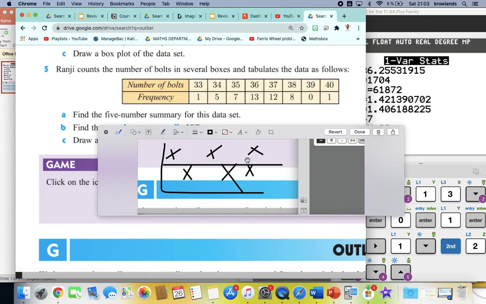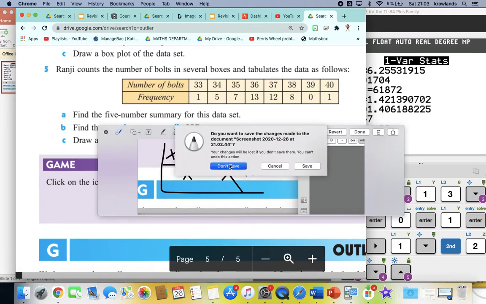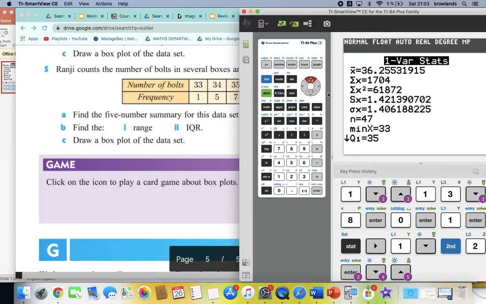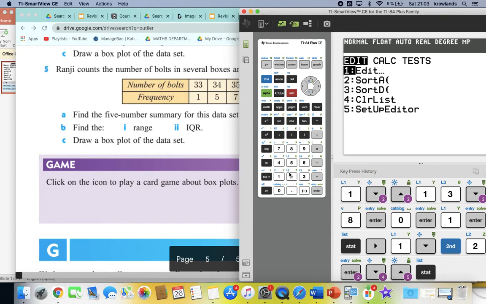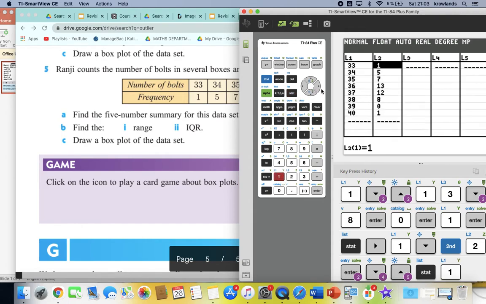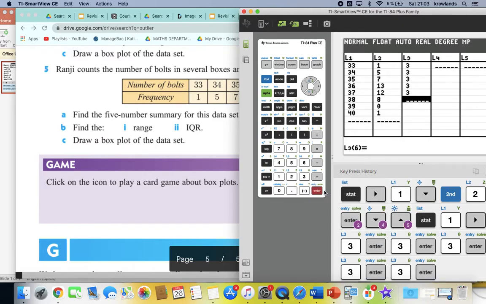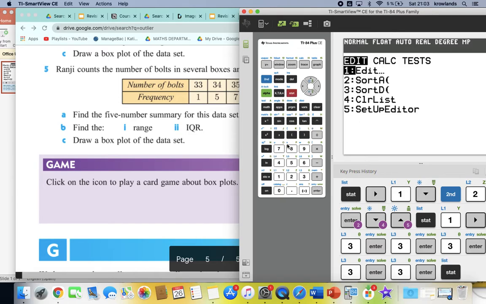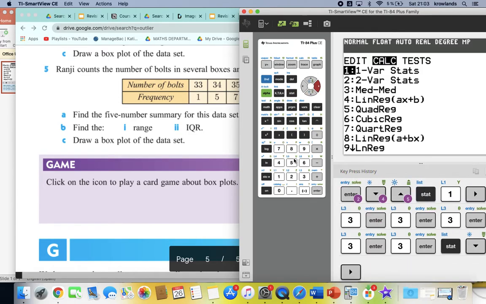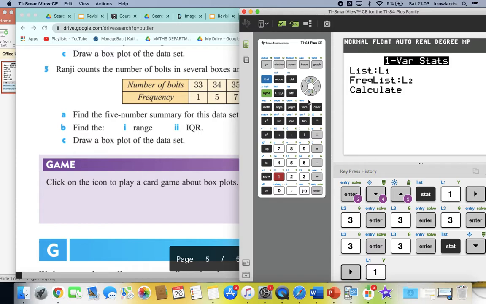So if we were to have a list where all the numbers were the same, what do you think the standard deviation would be? Pause the video and have a think. I'm going to show you an example now. If we have all the numbers the same and we wanted to analyse these, we would go on to one variable statistics,